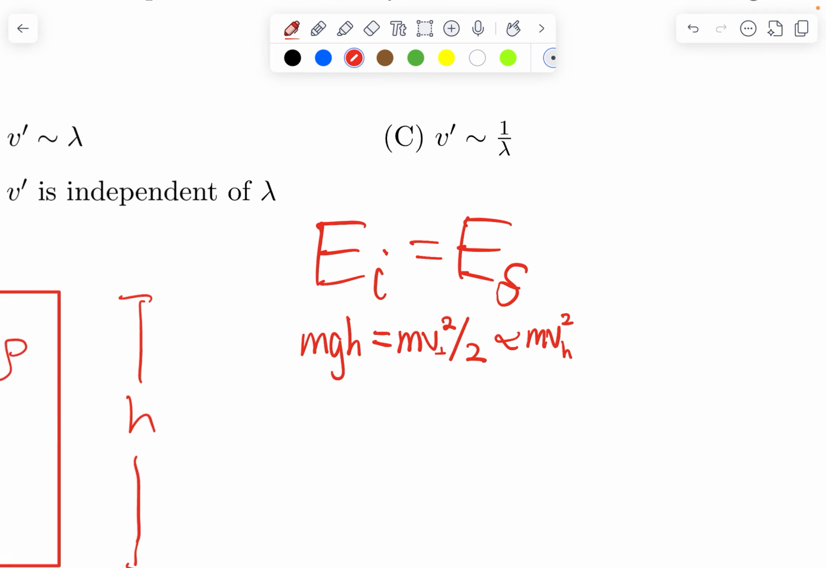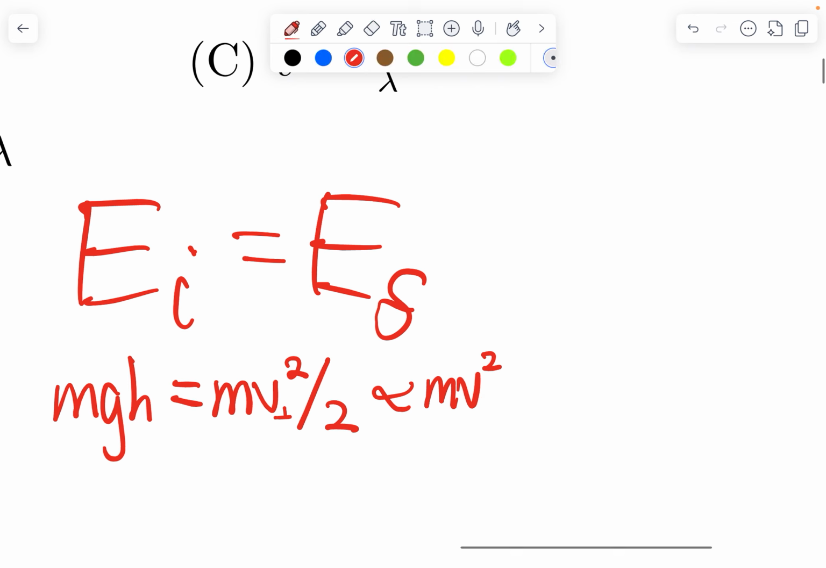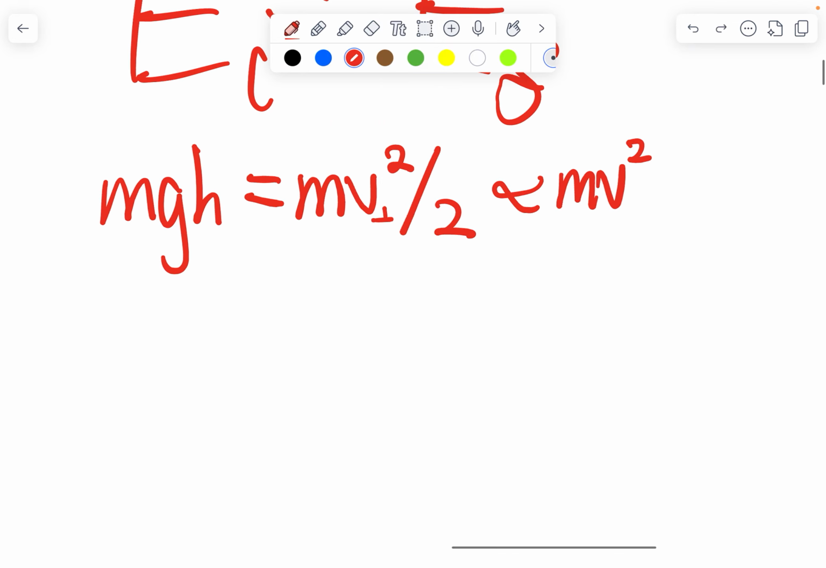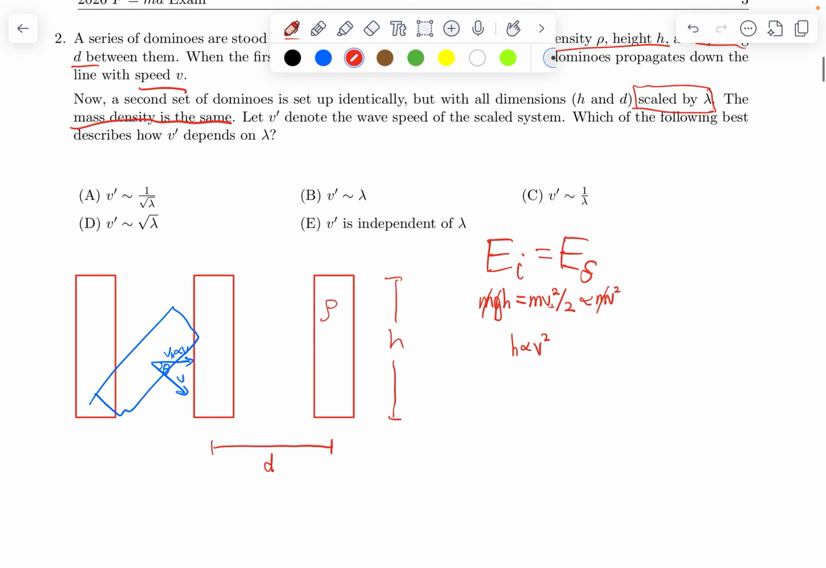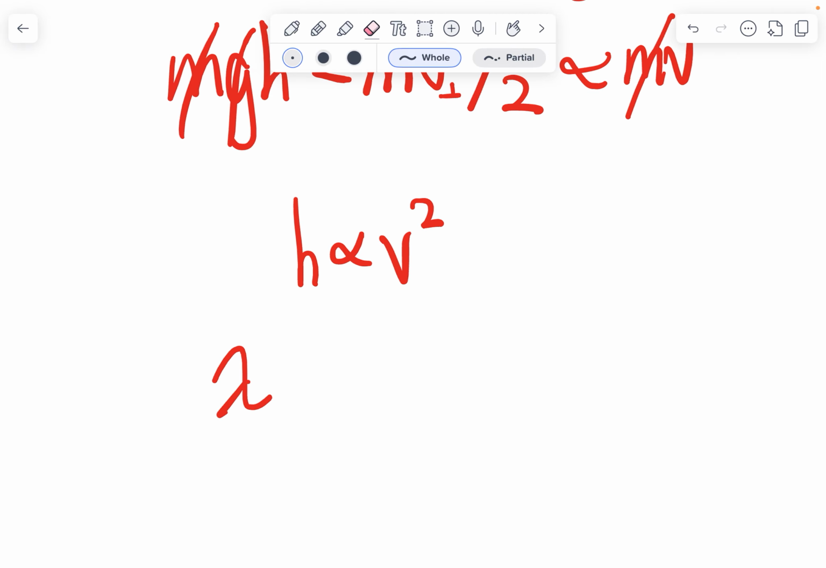I'm just gonna say this is v perpendicular, because the question defines v as the speed. So it's just going to be proportional to mv squared. And the 2 is a constant, so I left it out. Now, these get canceled. g is a constant, so h is proportional to v squared. Now, h is scaled by lambda, right? So if h is scaled by lambda, lambda h is proportional to